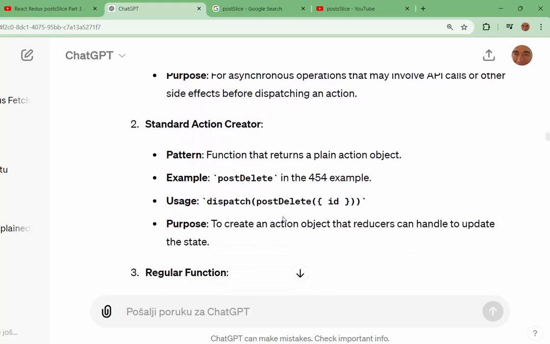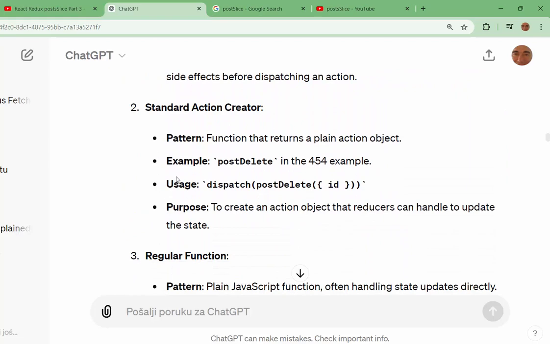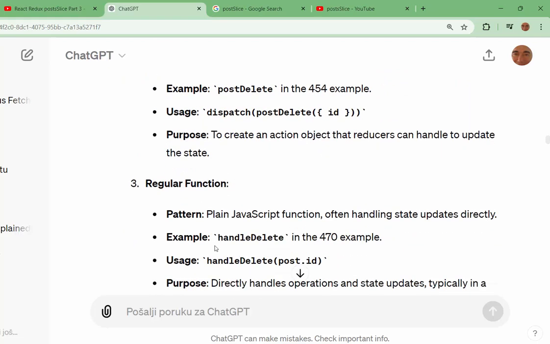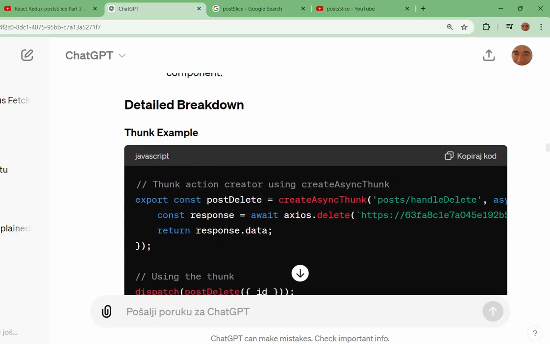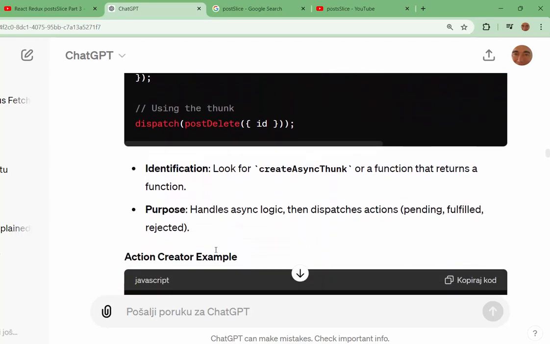I must go back. Look at how long the explanation is. Again here, identification looks for createAsyncThunk or a function that returns a function.